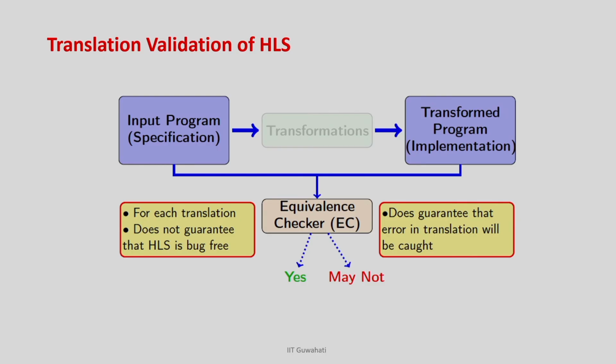So, we cannot have a complete method, one that says yes for equivalence and no for non equivalence in all cases. The method is usually sound. It means whenever it says yes, that means it is equivalent, but it may not be able to detect whether it is equivalent or not, right. So, it will say "may not". Okay. This we have already discussed.